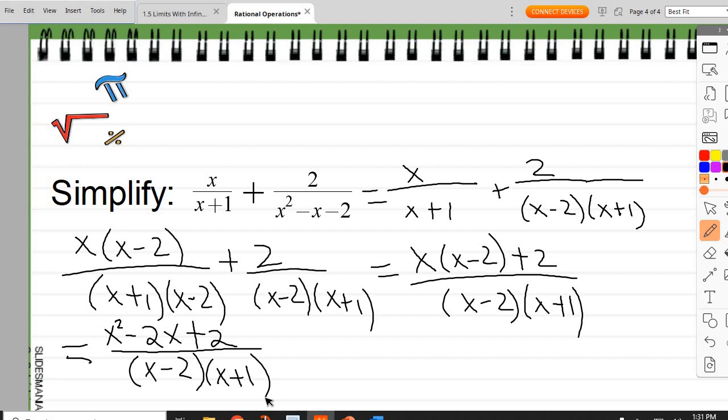Yes? Maybe? Questions? What if I say no? We're all okay with figuring out what our common denominator is, multiplying by what we need to multiply by, and then reducing when we